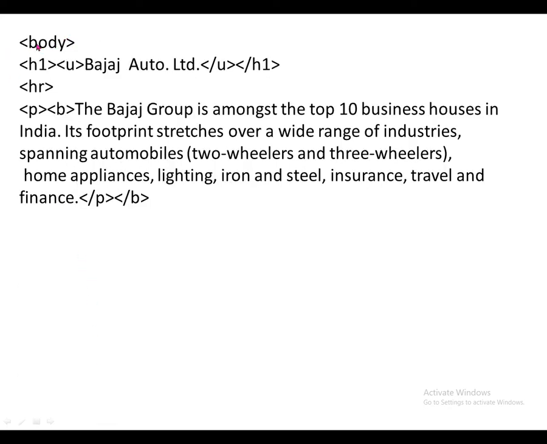So here is the body section. Now H1. Under the H1 you are using the u tag, Bajaj Auto Limited, and you remember that all the properties under the H1, like font size, font color, background color, and all these things, you are getting here. You remember the output. Then you are giving just HR. See here, you are giving just HR. Still, you are getting the red color and some thick effect, because of the CSS statement you added.